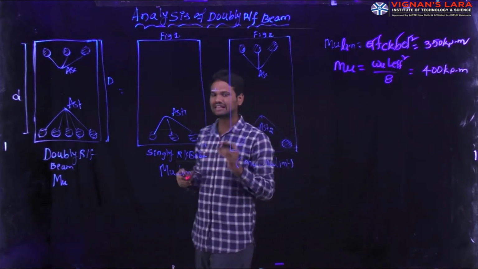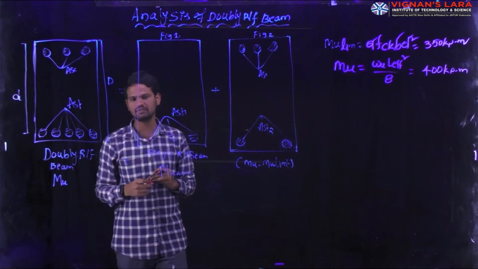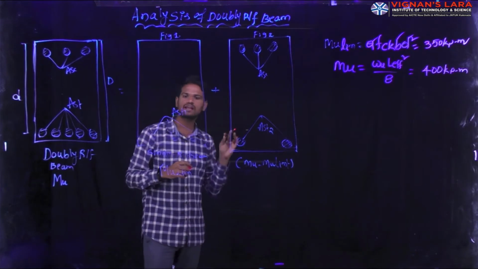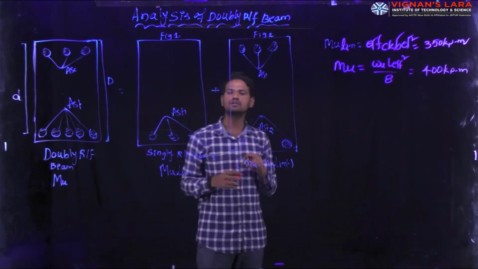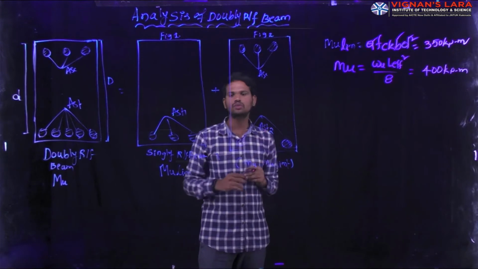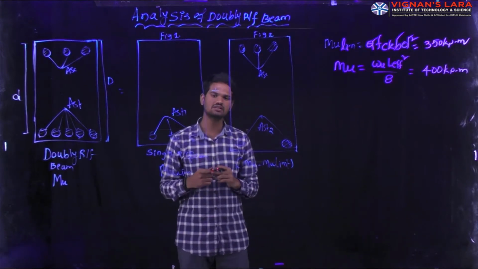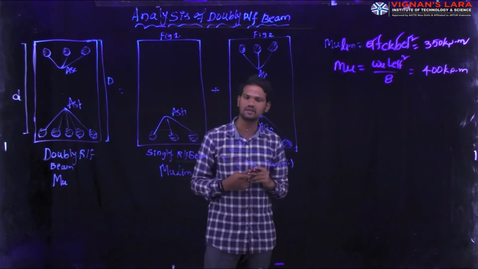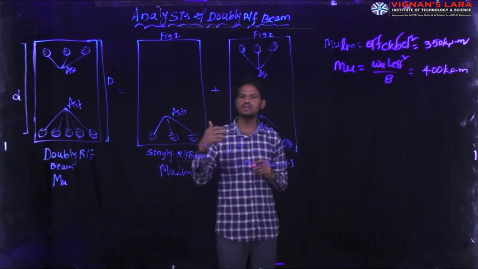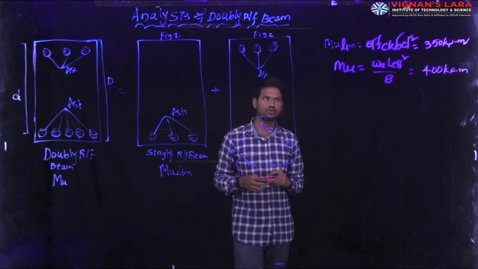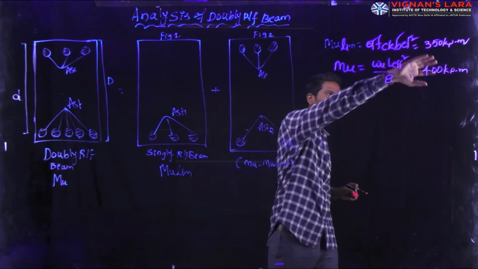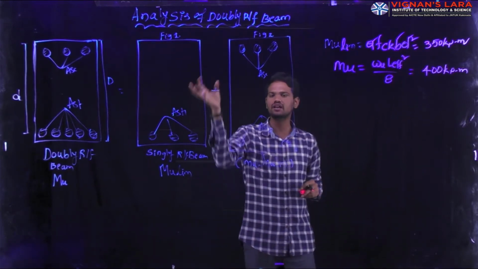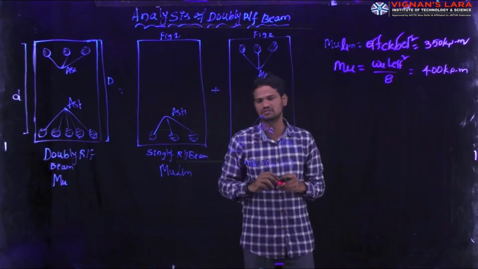But while increasing the effective depth of the beam, the architectural requirement, that means the appearance of the beam you are providing on the building, may not look good. Hence, without changing the cross-sectional dimensions, we have to provide extra additional steel reinforcement in the concrete, in the bottom zone as well as in the tension zone. That means to carry the additional moment, we are providing extra reinforcement in the same cross-sectional dimensions of the beam.